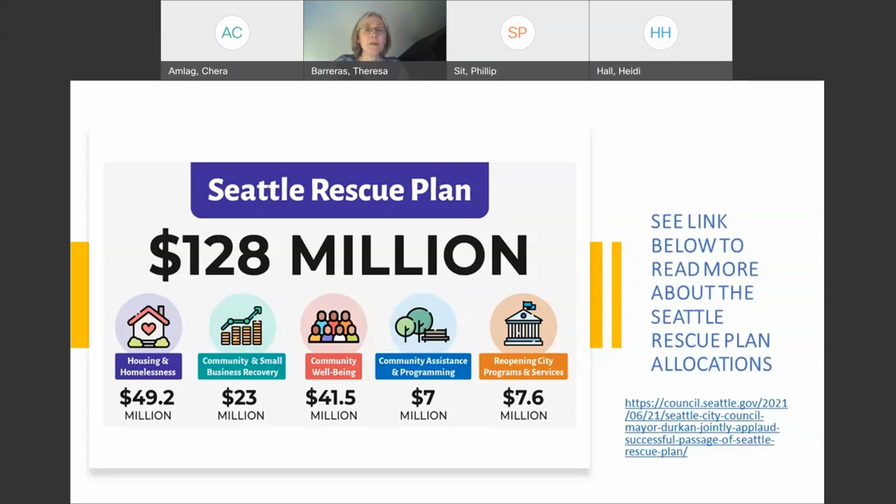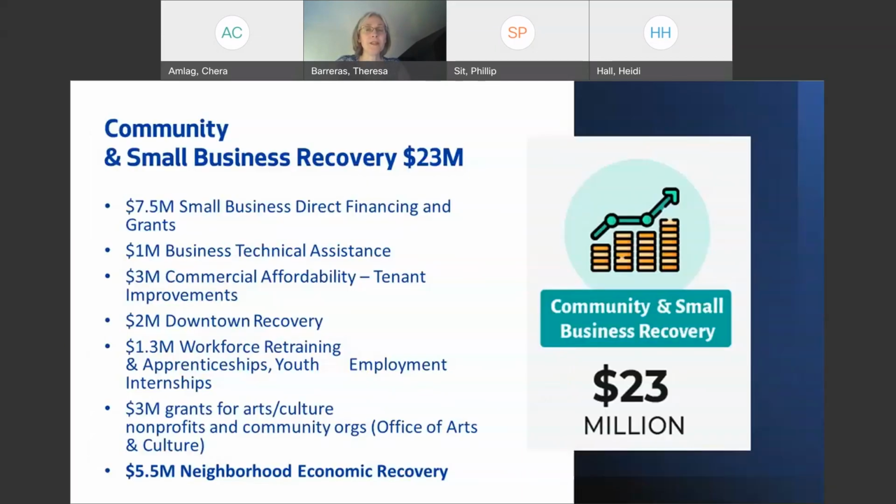And you can see here a few of the larger buckets, from housing to community programs. And this program is funded from this $23 million pot that you see here for community and small business recovery. And just to give you a little bit more information about this $23 million and what it's going for, a lot of it is coming to the Office of Economic Development. We have about $7.5 million for more small business direct financing and grants.